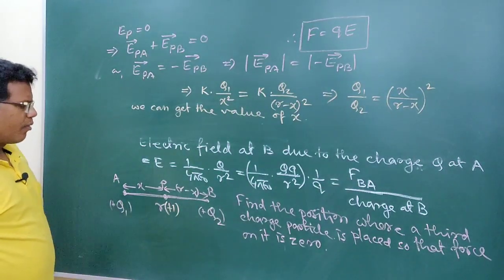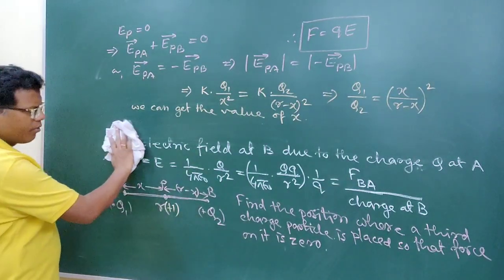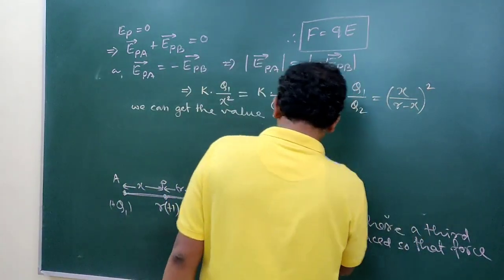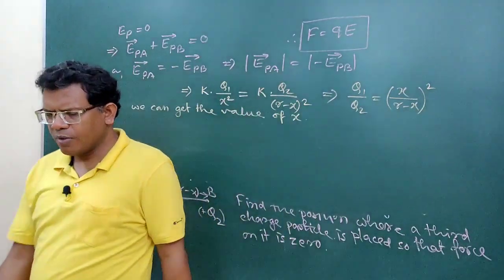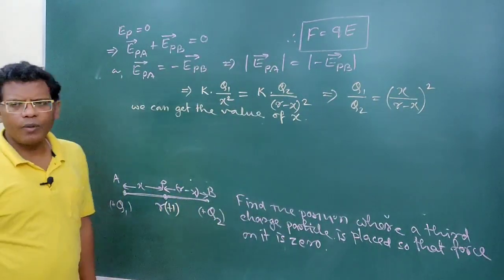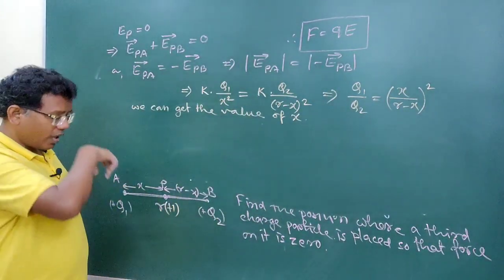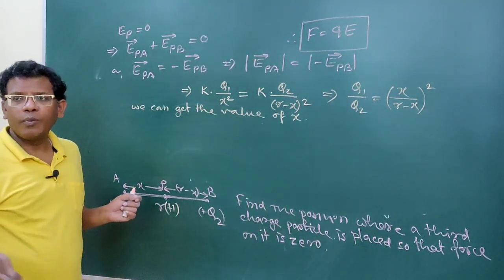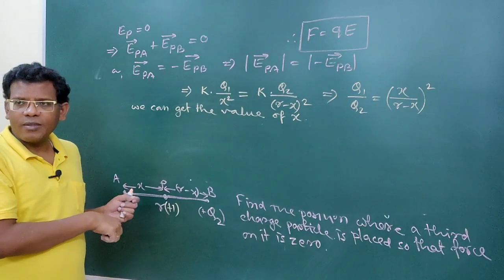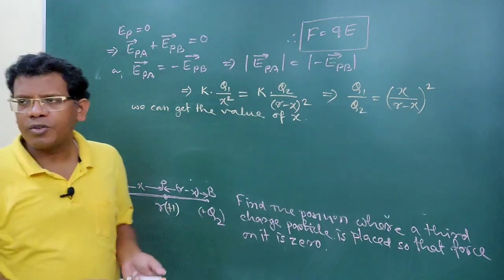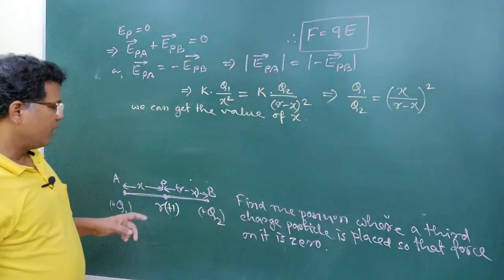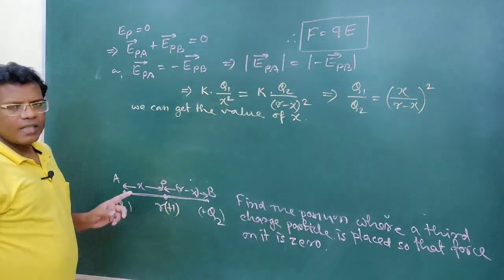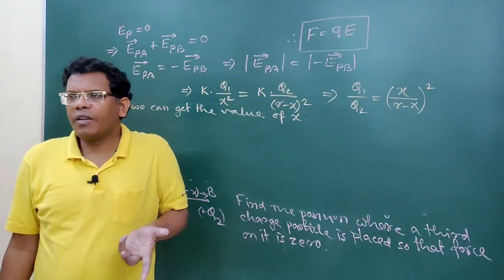Knowing x will confirm the position of the point P where we can place any third charged particle, because we are looking for the zero electric field position. Wherever the zero field position is found, if you place any test charge of any magnitude, the net force on it will be zero. That's why the third charged particle should always be placed at the zero electric field position due to the given charges,